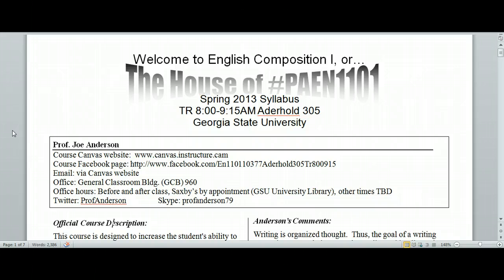You'll see my office is listed right here. Now, one of the things that I ask on the course syllabus test is where my office is located. You can find it at the very top of the syllabus, wherever that happens to be for your particular school. Office hours will be listed here as well. Oftentimes I will actually figure out my office hours in class. I'll negotiate that with a class, so it won't be uncommon to see TBD on the syllabus in terms of my office hours.